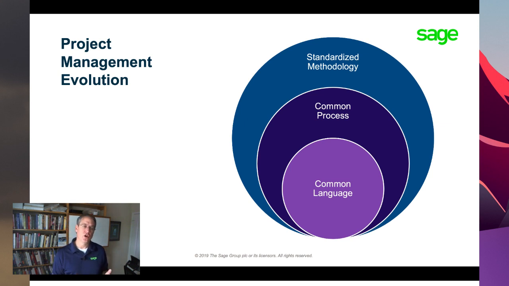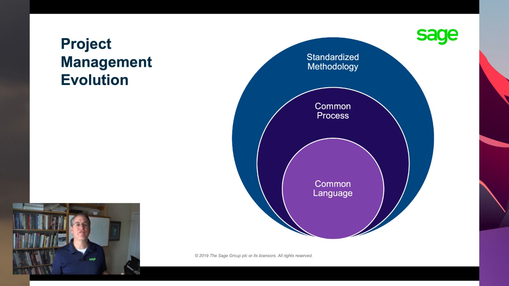The first thing to note is that when you are trying to evolve a project management methodology in your organization, you shouldn't start with the methodology and work downward. I think this is a big mistake that organizations tend to make: they say we need to standardize methodology across the board. They define that standard methodology and then insist that everybody else in the organization adapt it. Doesn't really work all that well. It's oftentimes a disaster.